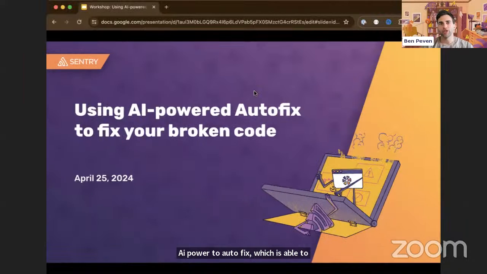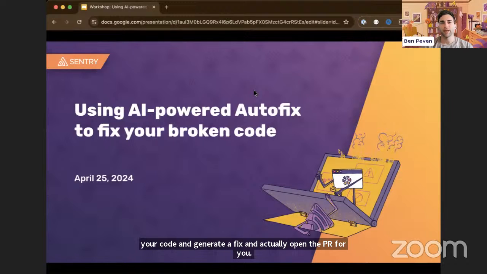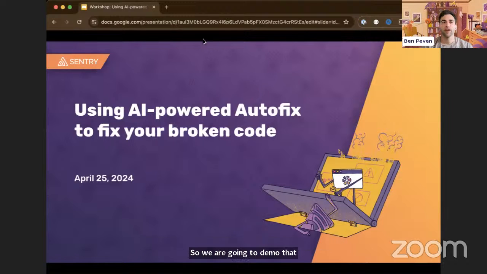Hey everyone, thanks for joining today. In this workshop, we are going to cover our new upcoming feature, AI-powered Autofix, which is able to review errors in your code and generate a fix and actually open the PR for you. So we are going to demo that today and also go over some other features as well related to helping